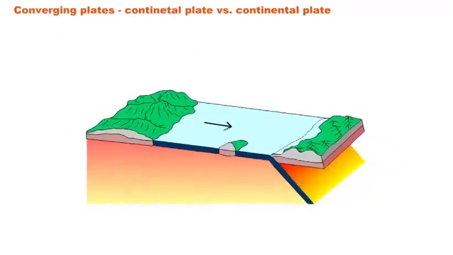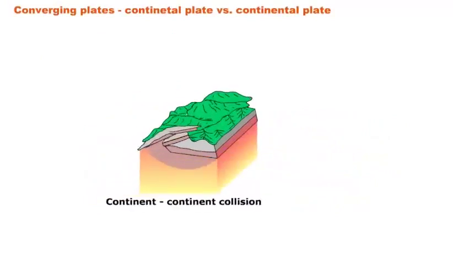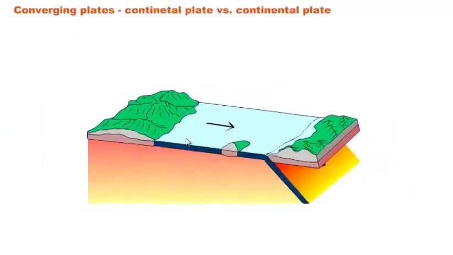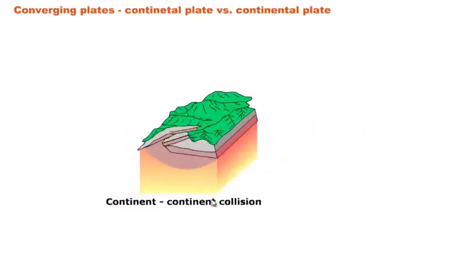All right, next up is a continental versus continental plate boundary that you see right there. Well, the first thing that's happening here, if we take a look at it, is the oceanic plate in the middle is much denser. So the entire oceanic plate will subduct under and underneath the continental plates because its density is 3.0 compared to theirs at 2.7. So it's much, much denser. Okay. However,